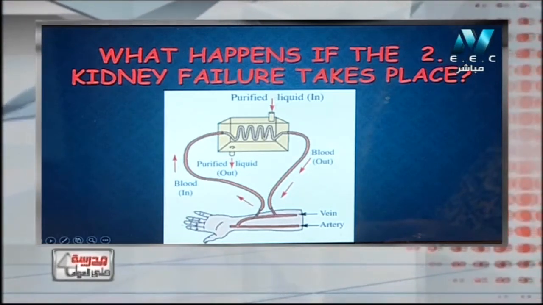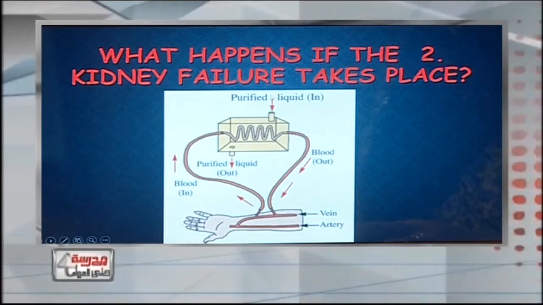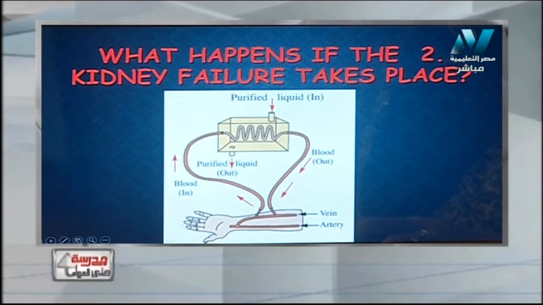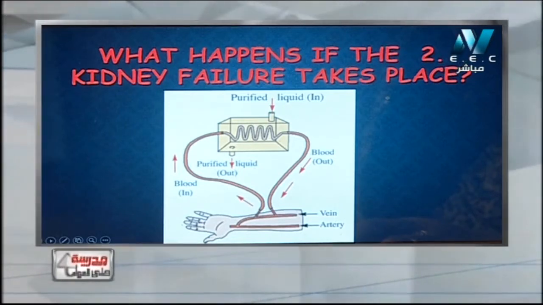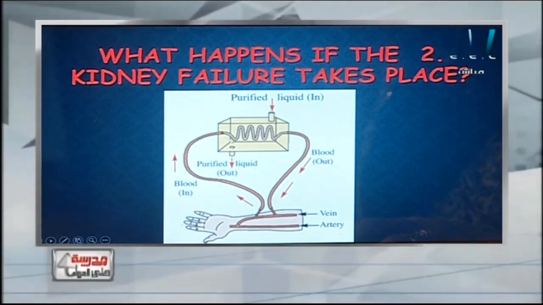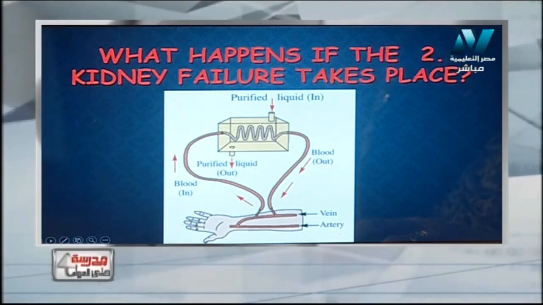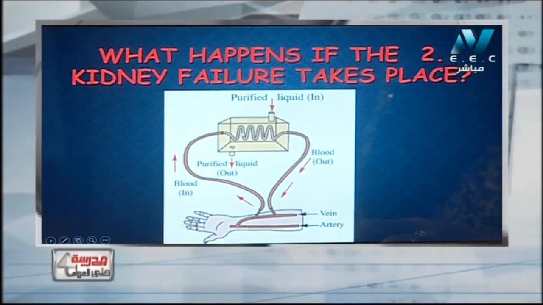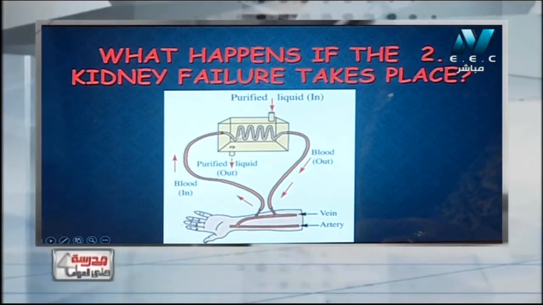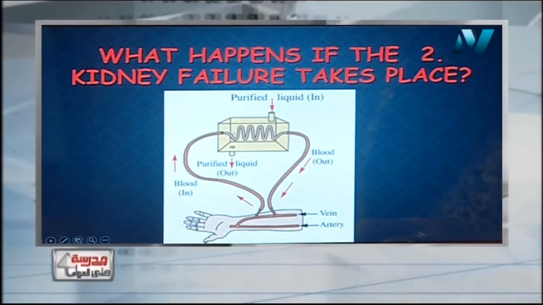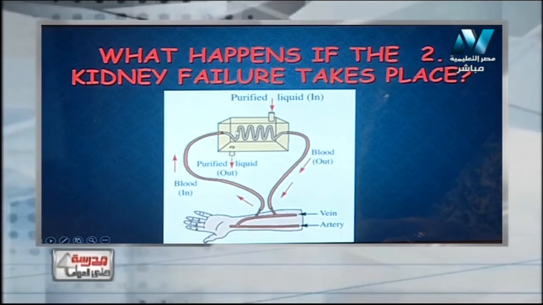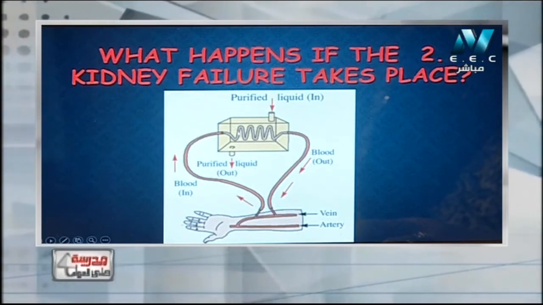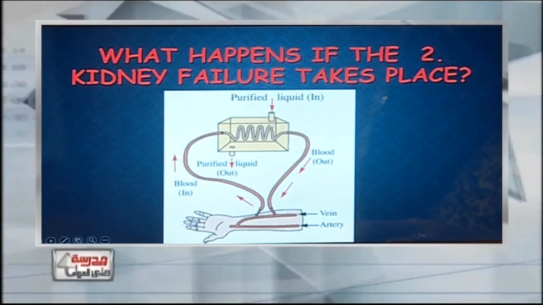And of course, this liquid is changed from time to time during the purification of the blood. And as you see here, an arrow shows that the liquid comes from this opening and goes out from this opening. So it is changed quite often. During the passage of the blood into this coiled tube inside the device, this tube must have walls containing a semi-permeable membrane, through which the waste materials come out from the blood into this liquid.